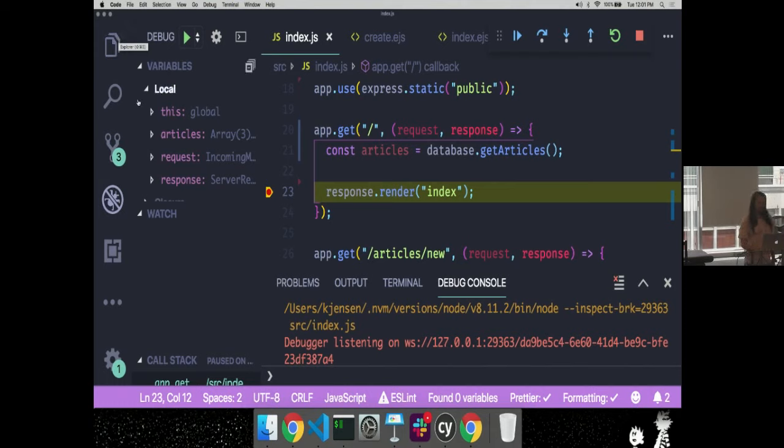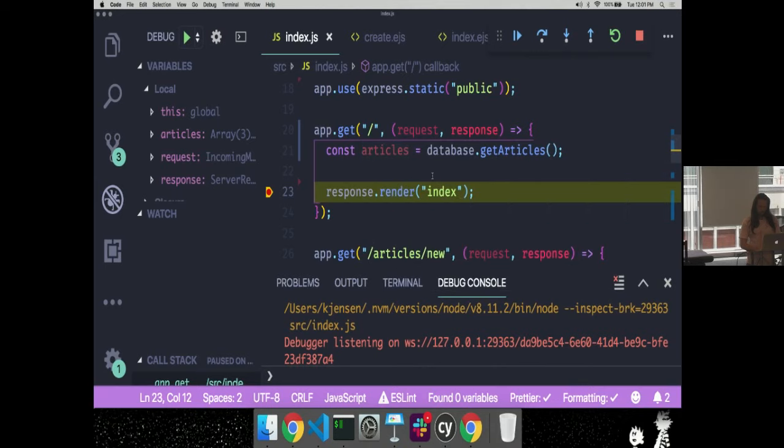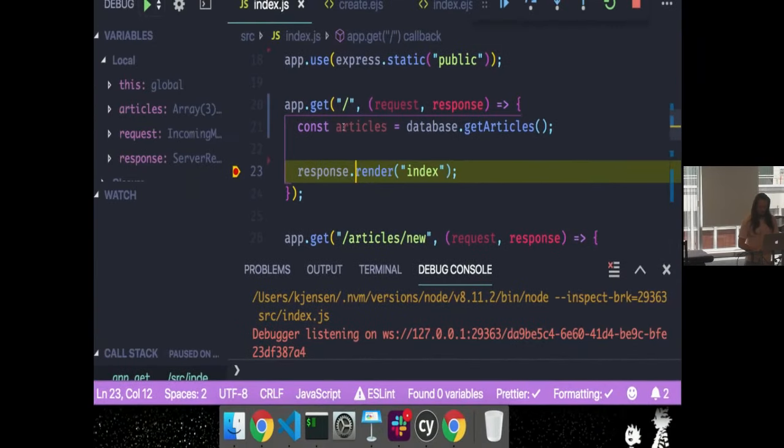And so now I get to take a look at what articles is. Is anyone as excited as I am? That's articles right here. It's an array with a length of 3. Let me zoom in a little bit for you. It's got 3 objects. Object 1 has an ID of 3.